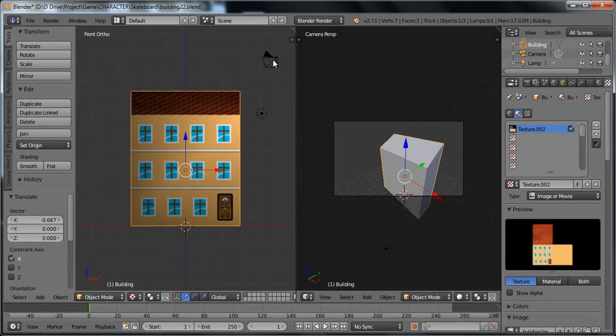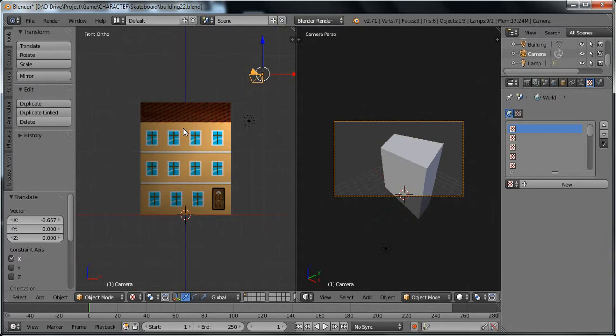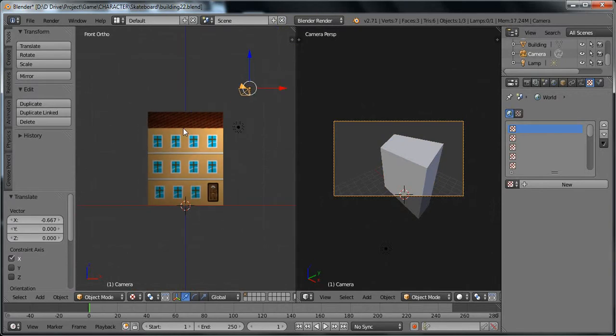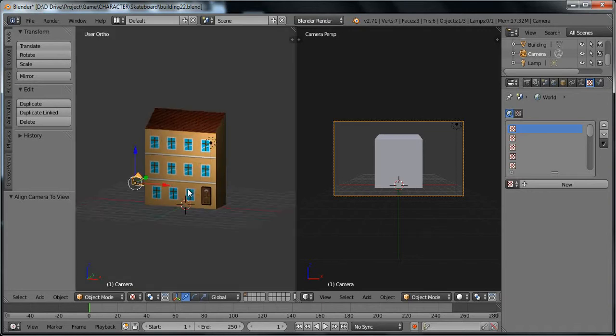And now the camera is here. I want the camera in this viewport. So what I do is adjust my view and just press Ctrl Alt and 0, and the camera automatically gets positioned the way I have placed my perspective view.